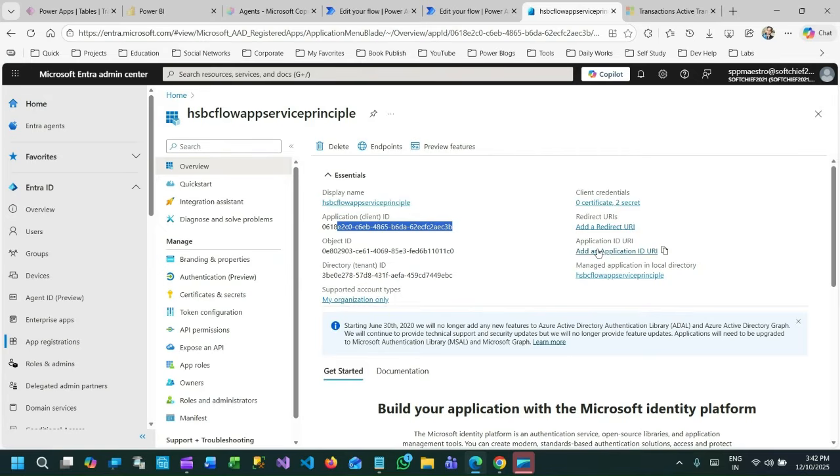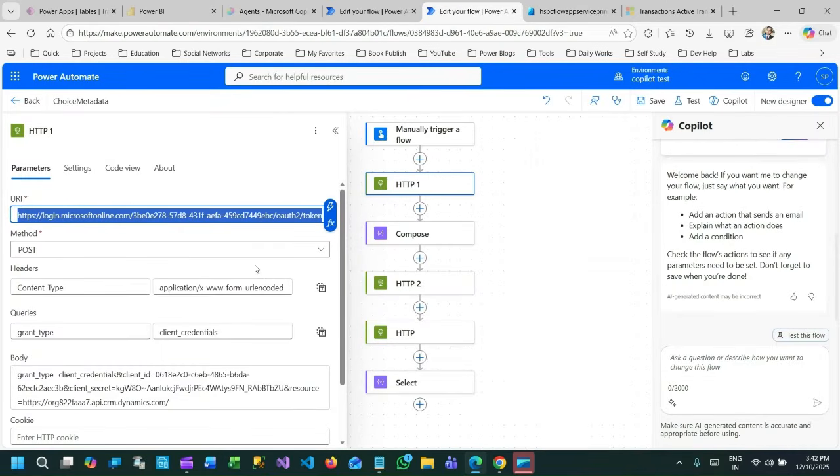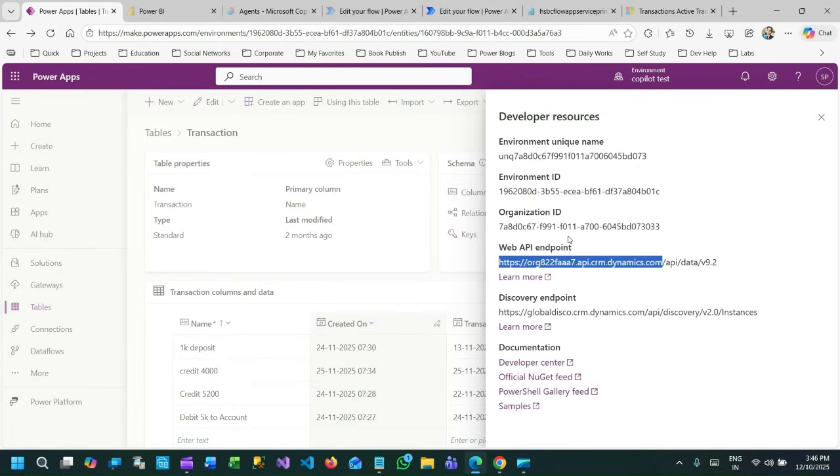Okay, so if the client secret is expired, you can create a new client secret by navigating to this area, and you need to pass in the client secret. So grant type, then client ID, then client secret, then you need to pass the resource equal to your environment URL. So resource is the environment URL that you can get from your Power Platform Admin Center,